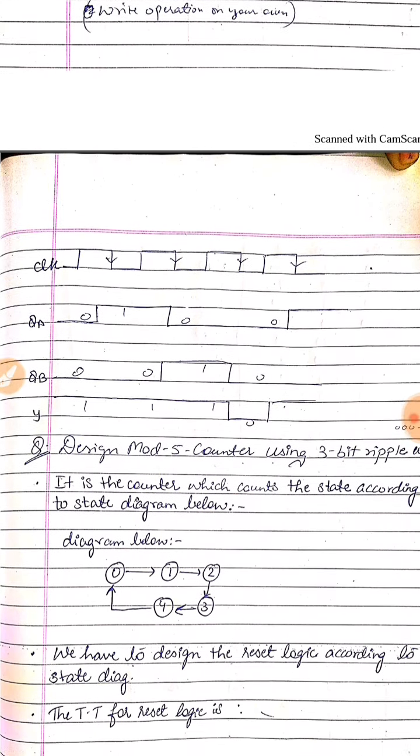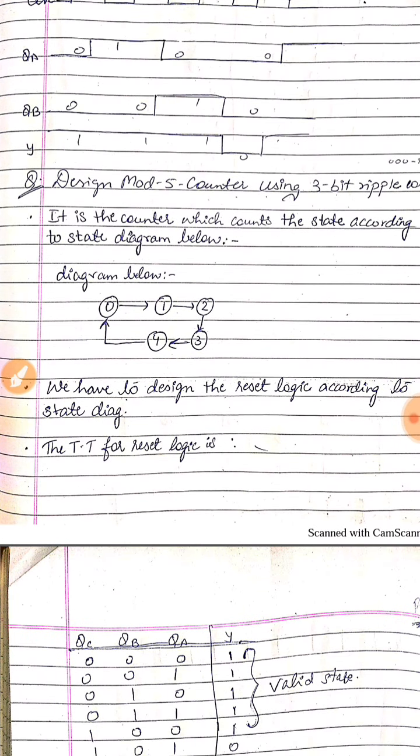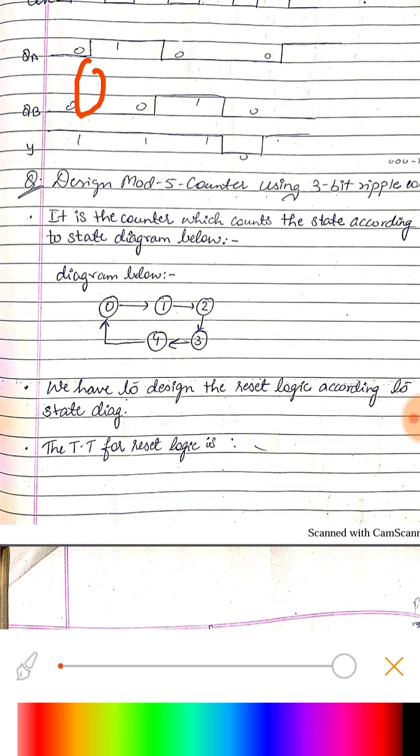Okay, so this is the timing diagram. You can always make the timing diagram from the transition table we have already seen. Now there is one more example of how we can design a mod 5 counter. As we need to count 0 1 2 3 4, it is a mod 5 counter. So it will count from 0 to 4. 5 counts would be there, since 4